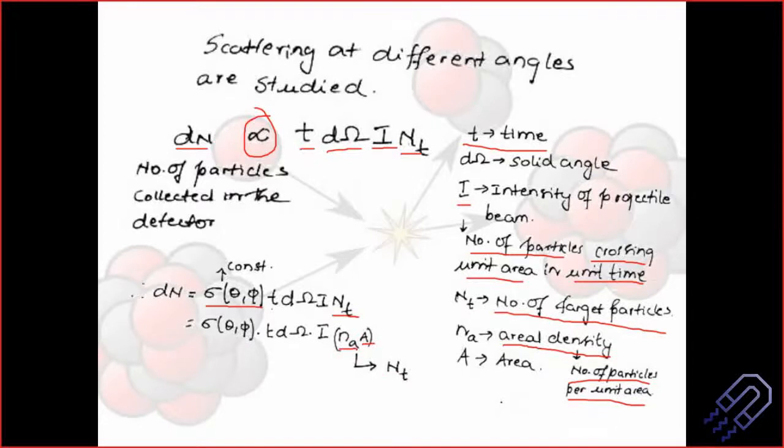I think I explained this yesterday. I also said that if you take up t, and if you take up I, and if you just consider A, that means you are considering the number of projectile particles hitting the target. I hope all of you have accepted this fact, because it is logical. Think about it and it will become a bit more clear. So we stopped at this particular slide, where we wrote down the simplified equation of the differential cross section. The differential cross section in general is dn divided by d sigma na into np. The unit, if you put everything in place, is centimeter square, so the differential cross section gives me the unit of area.